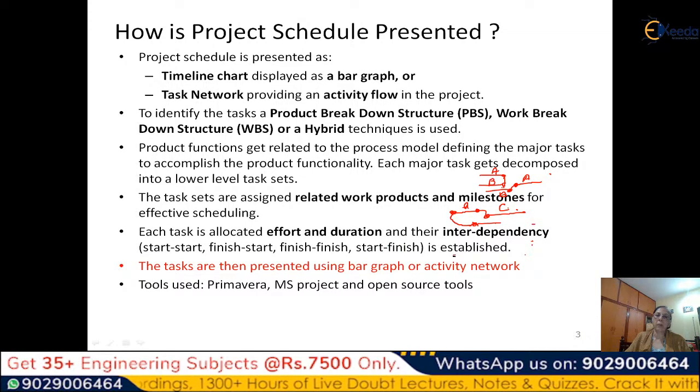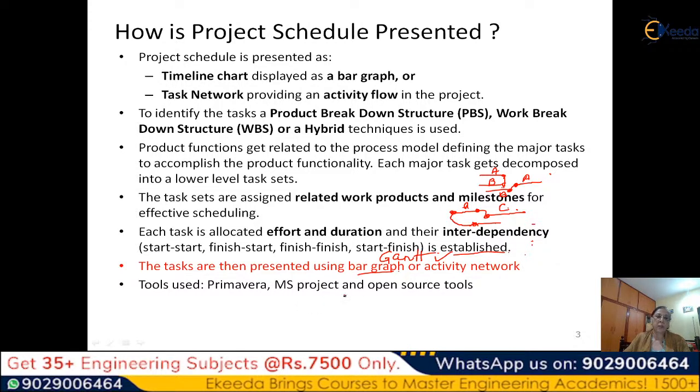So that has to be established before we do the schedule network or even the timeline chart. And these tasks will be either represented using the bar graph or the activity chart. We said that the bar graph is also known by the name of Gantt chart. This is a very popular name that is used in all kinds of productions, all kinds of production planning, any engineering activity, not only